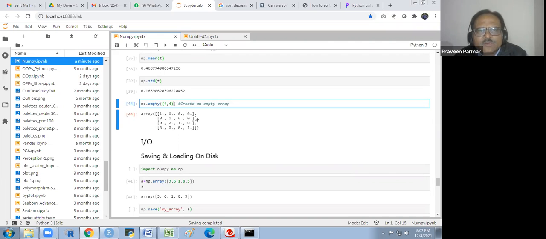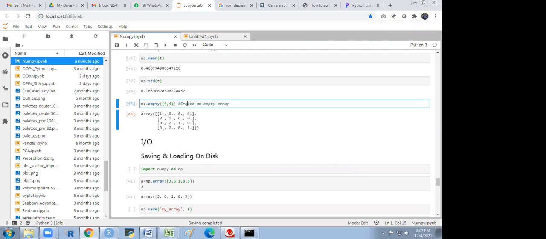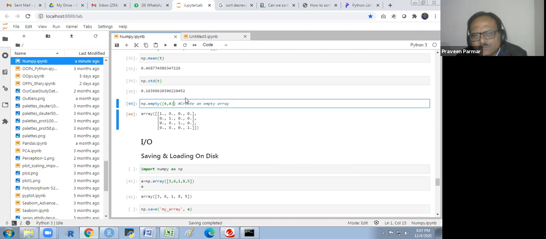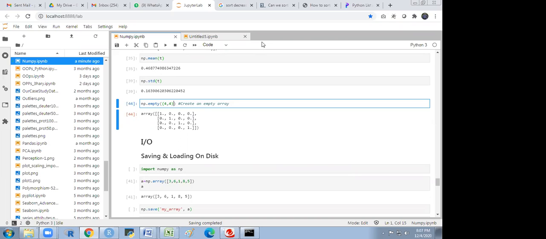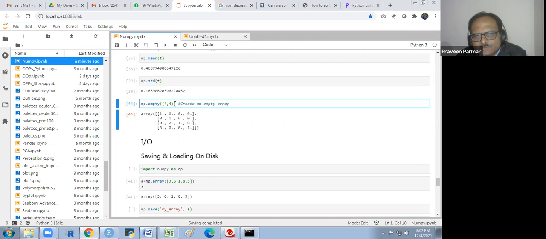Sir, is it with respect to the matrix value, that empty means singular matrix? Is it like that? Maybe we then have to calculate the determinant. Instead of using a tuple, you use a list, sir. 4 cross 4. We use this list. I apply the list here, you see.